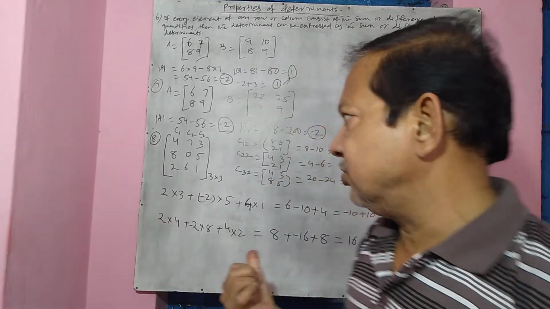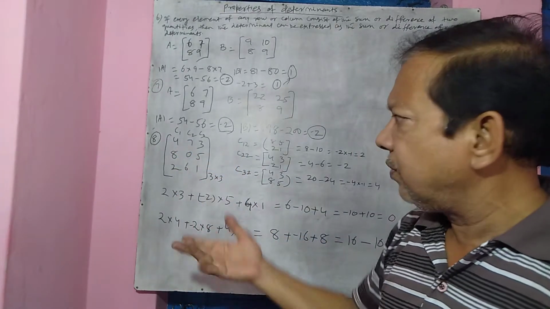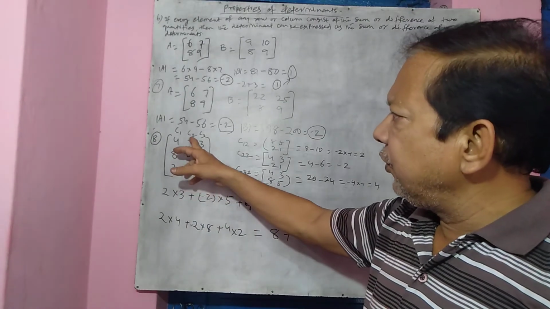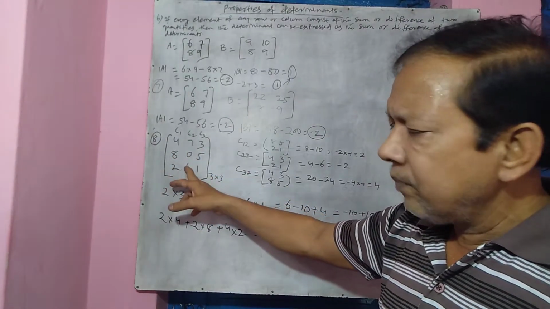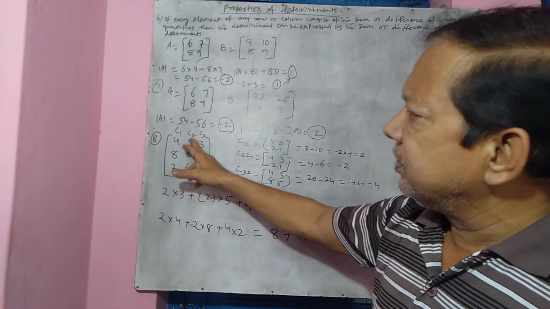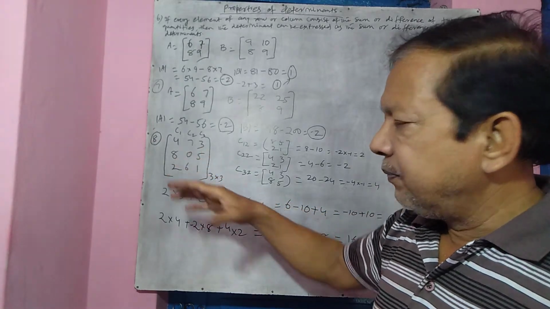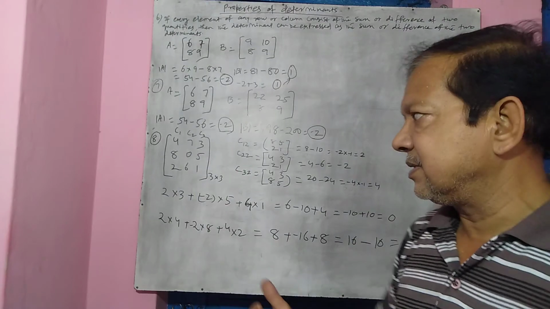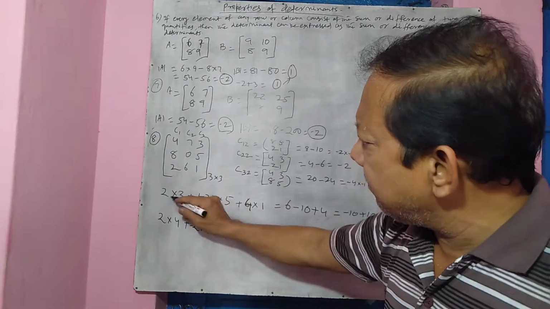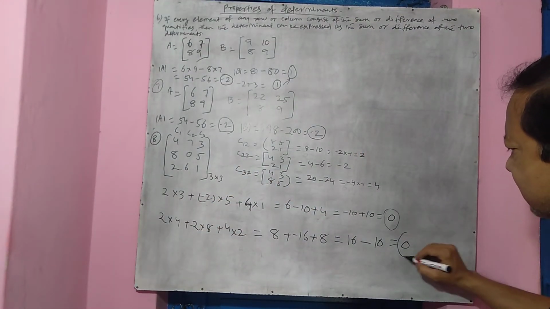So this property says, if you find the cofactors of any column, you can also take the rows. I have taken the column. You can find the cofactors of the rows also. Now, if we find the cofactor of any row or any column, multiply each cofactor with its corresponding element of the other column, and sum it up, that becomes 0. We have multiplied in the case of the third column, and here in the case of the first column. In both cases, the result is 0.